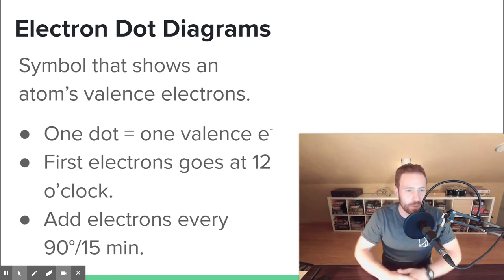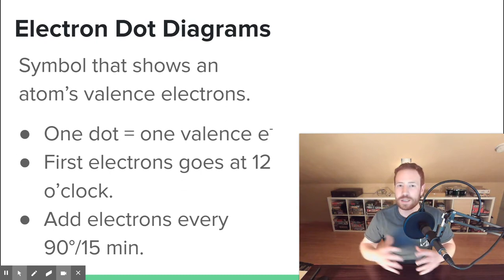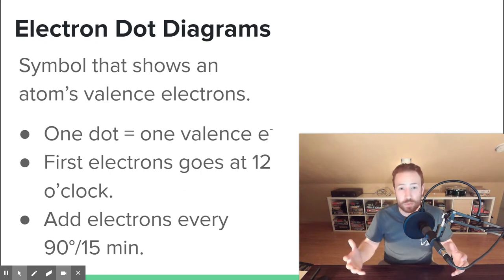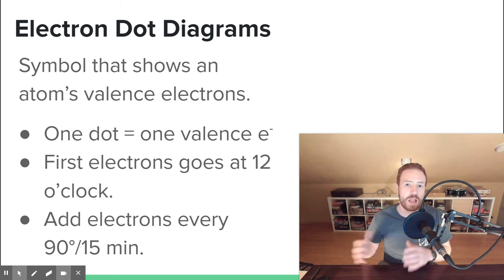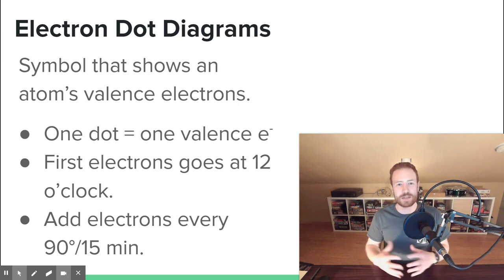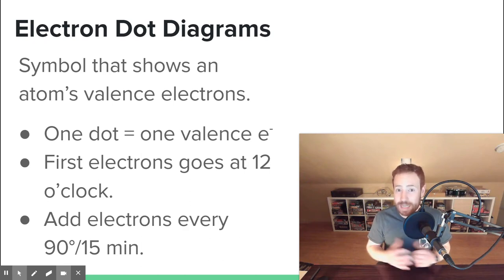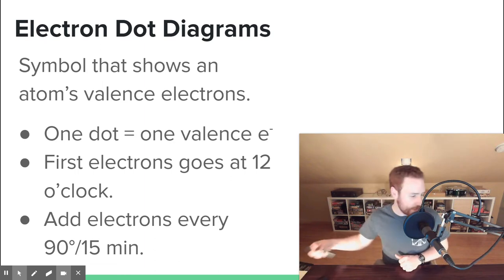So today we're learning about electron dot diagrams, and I say this is the shortest video because this is literally the only slide. In the last video, you learned about orbitals, and you learned about valence electrons, and you learned how to identify how many valence electrons an element would have based on where it is in the periodic table, what column it is in. Well, I also need you to be able to draw something, a very simple kind of diagram called an electron dot diagram, which is literally just the symbol of an element surrounded by a number of dots equal to the number of valence electrons that it has. So, for example, if we look on the periodic table,